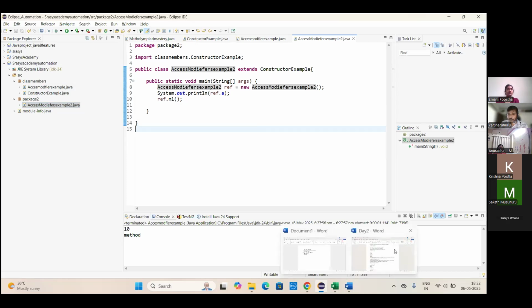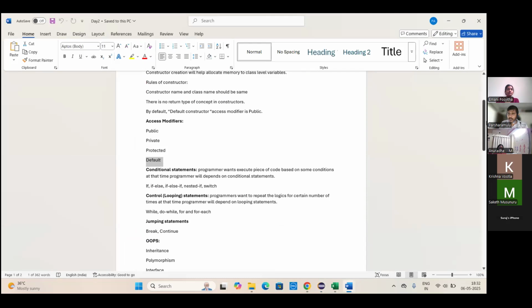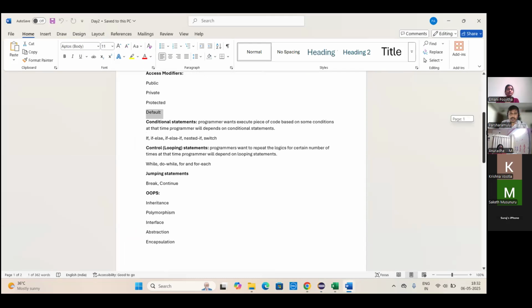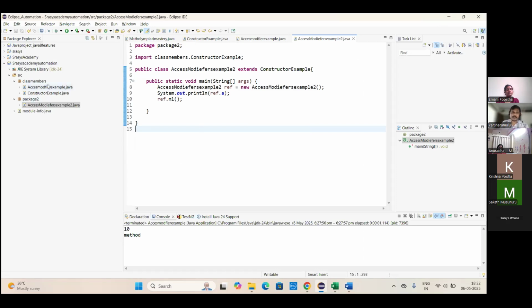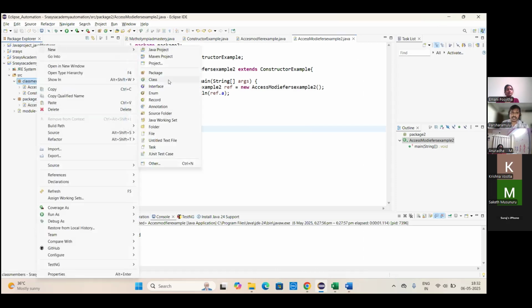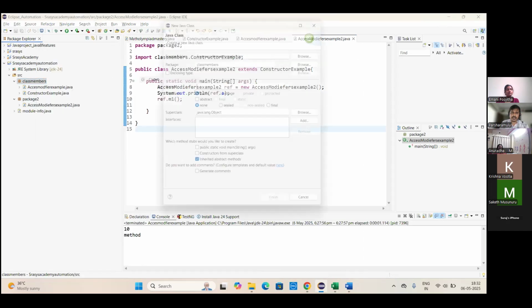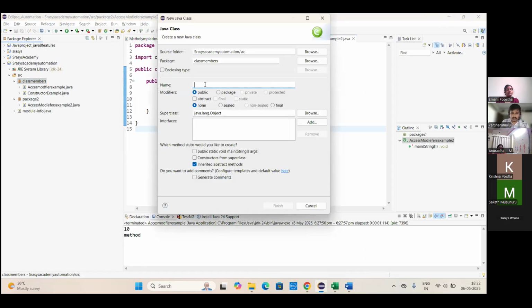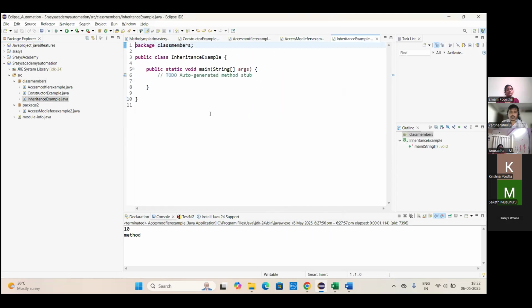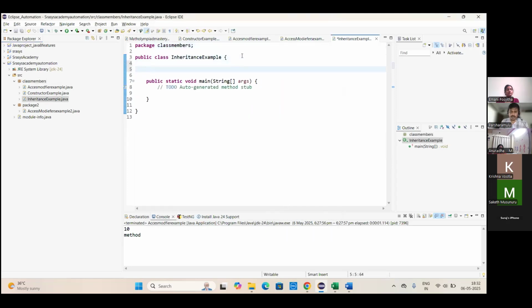Now we'll move to this inheritance concept. I'll cover this concept alone today. So what is meant by inheritance? I'll create one class. For example, here we have